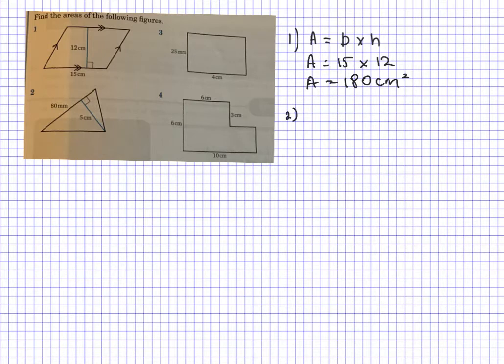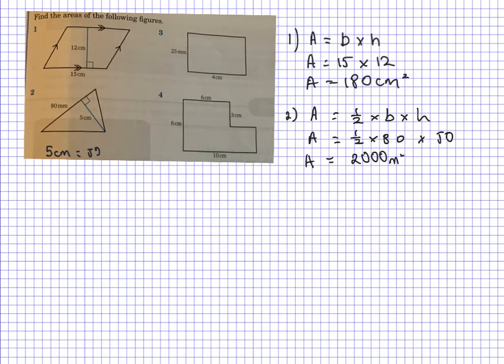In question 2 then, you've got a triangle and the base of the triangle is here and that is the perpendicular height. So the area of a triangle is given by half multiplied by the base multiplied by the height. And you'll notice each time I'm writing the formula, and that's really important. So this time we're doing half times the base, which is 80 millimetres. But I need to be really careful because the height is in centimetres. So 5 centimetres is the same as 50 millimetres. So half times 80 times 50. So the area will be given by 2000